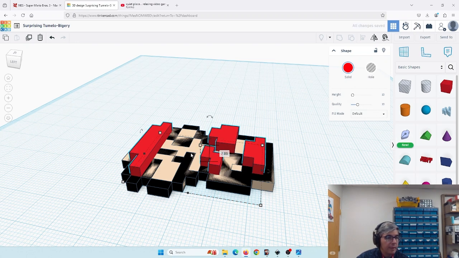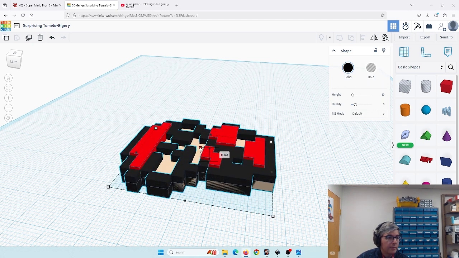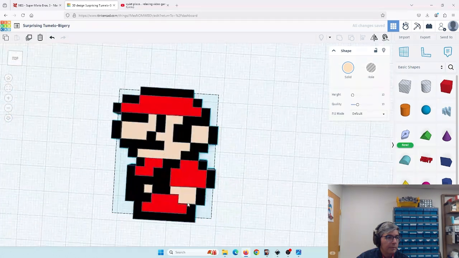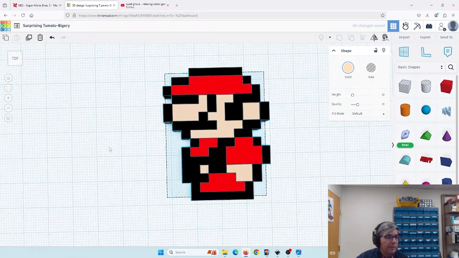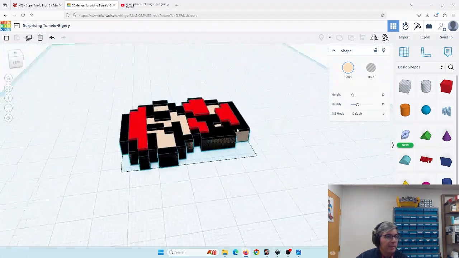And then the black was the second layer, so we'll make that one 6. And then peach, 5. And so now, there we go. He looks really good from top down. And then if you look at the side, you can see